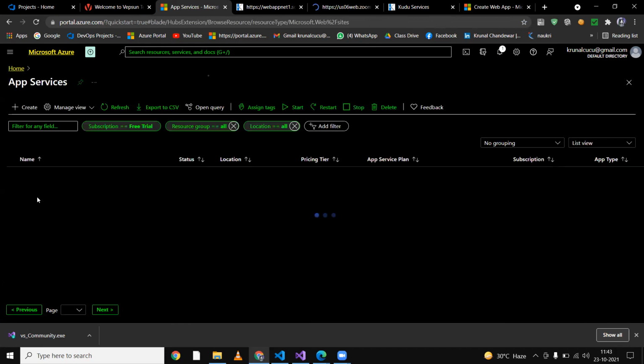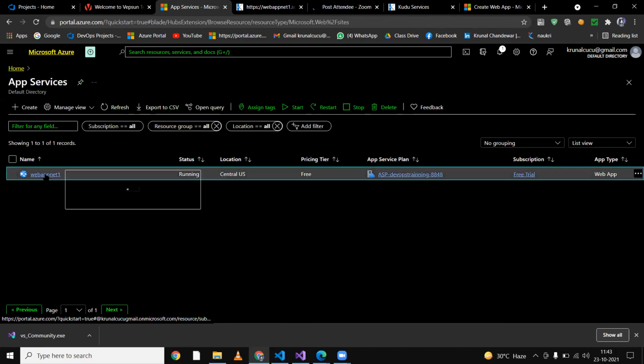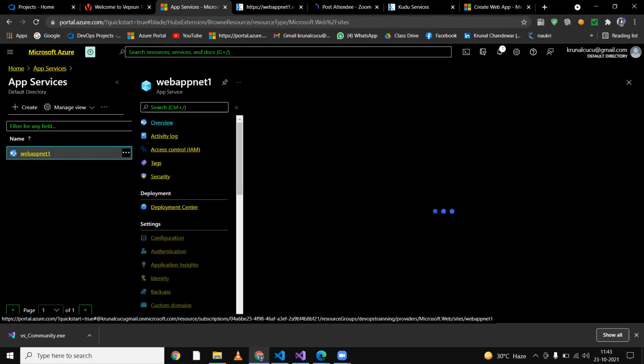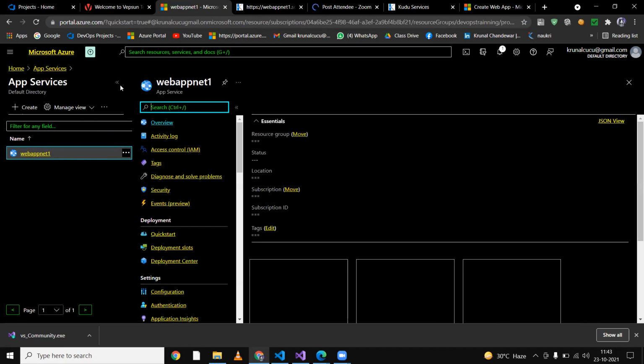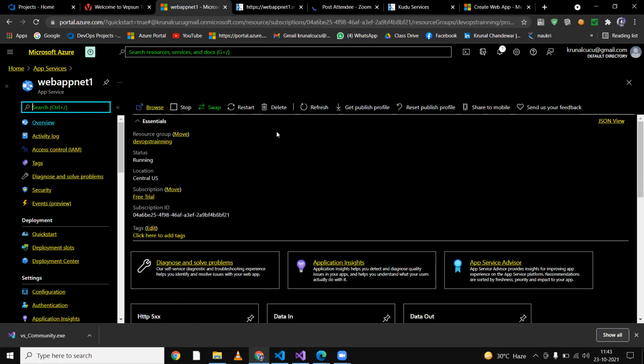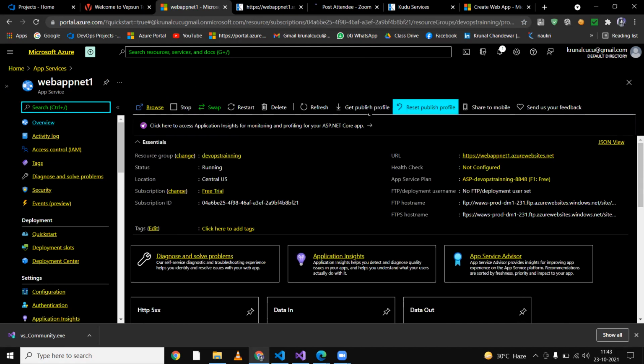then we will go to our web app which we created, and here we will minimize this one. Here you are getting a few tabs: get publish profile and reset publish profile. Even you can have access to all these services of Microsoft Azure on your mobile.